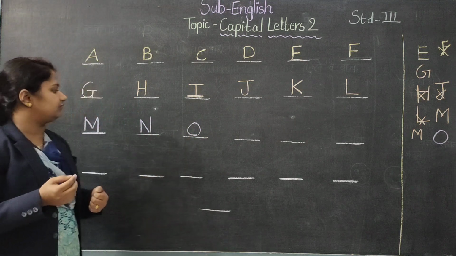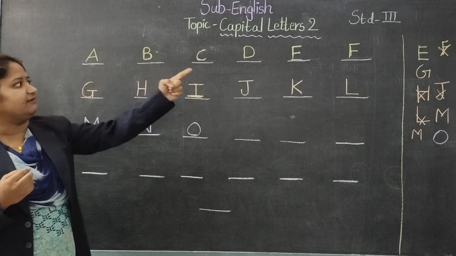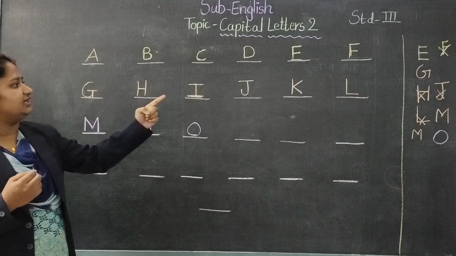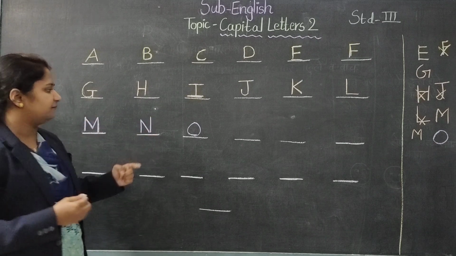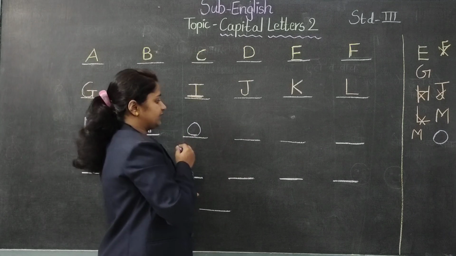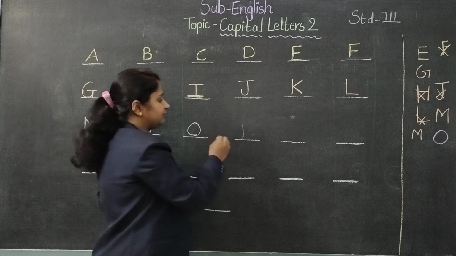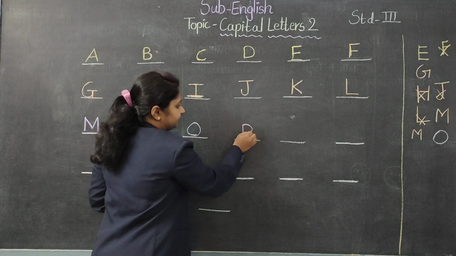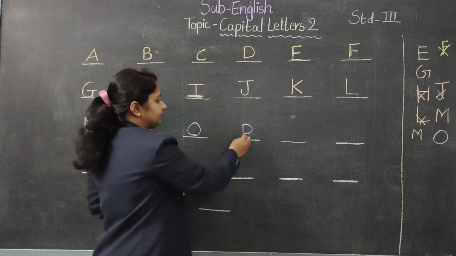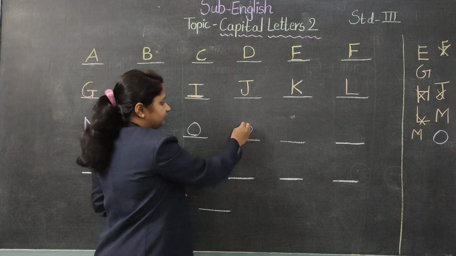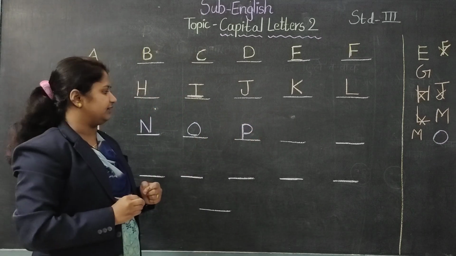Then we will move forward. Till then, let's have a check. A, B, C, D, E, F, G, H, I, J, K, L, M, N, O, and what is next? Next is P. Then we will see how to write letter P. First, the standing line, line number 1. Then the second part is the semicircle, the half circle, which completes the letter. 1 and 2. This is the right letter.